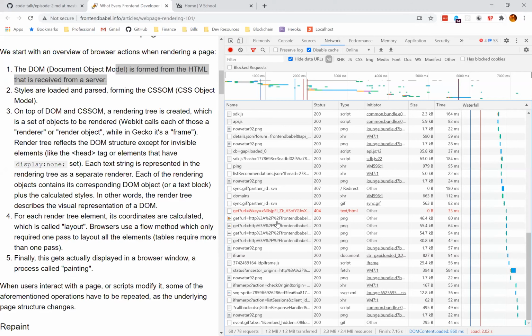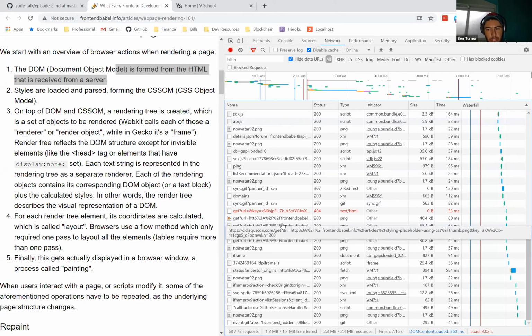You kind of touched on something there that I was wondering, when we're looking at this graph here of all the files loading and the time it takes, is that purely just for transferring, or if it is a JavaScript file, does that time to load include the execution of the script? That's a good question. No, it does not include the time to execute the script. These are solely network requests. These are just the time it took between the initial request and the response.